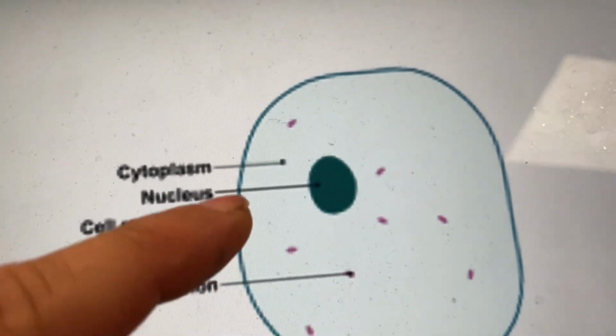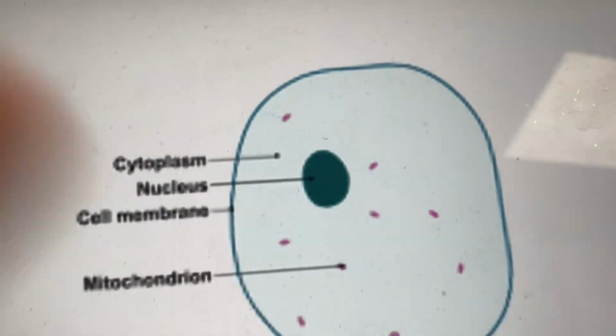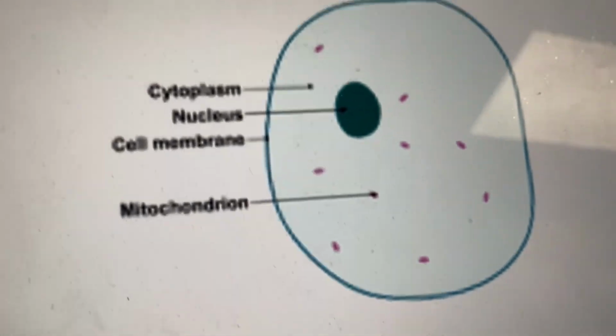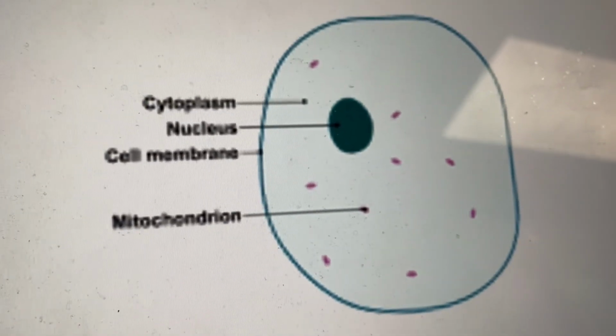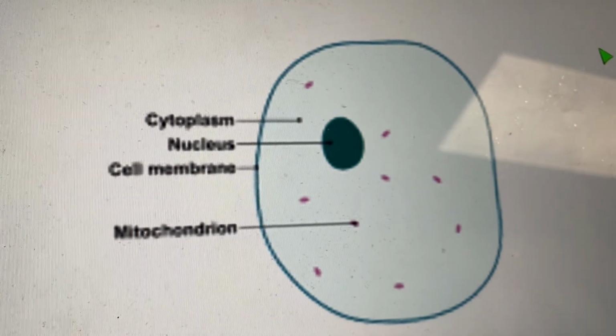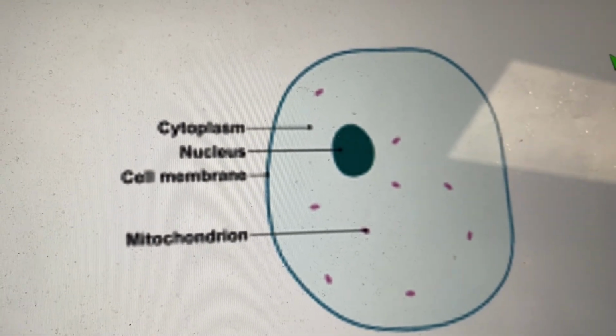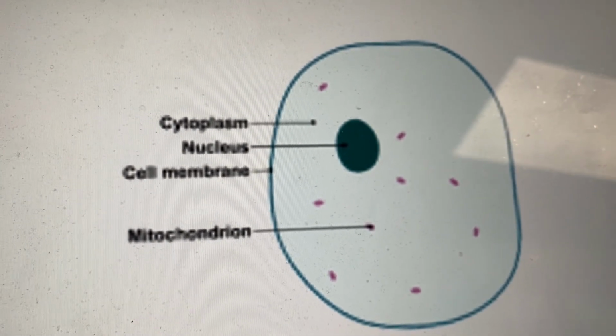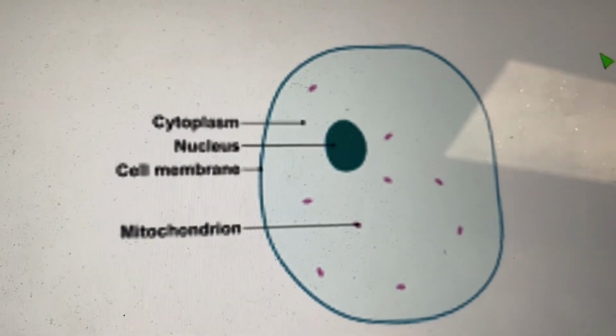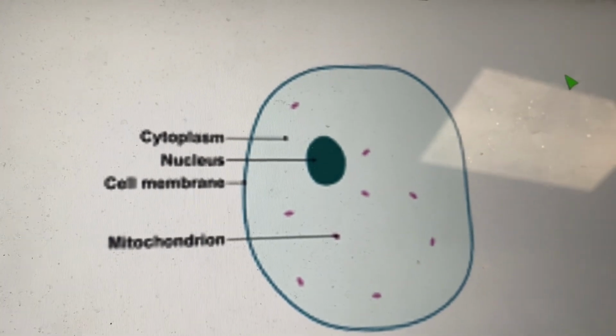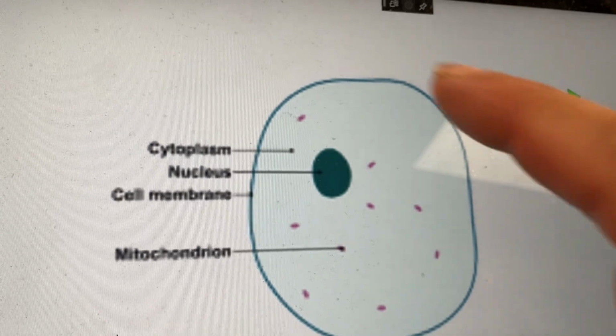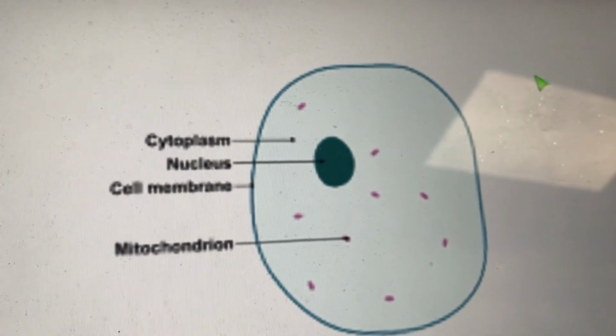The bubble is outlined by what's called the cell membrane. Every cell has a cell membrane. The cell membrane, really its primary job is to control what goes into and out of the cell. It also has some secondary roles as well, which we'll learn about, right? All right, so the bubble of the cell. Now if we zoom in close to that cell membrane,